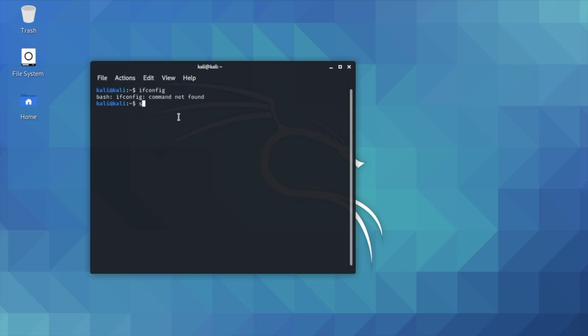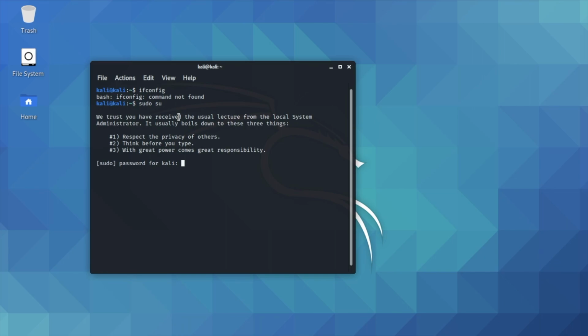I will show you how to change the password for root. Type here sudo su and type the password for Kali. Yeah, so I am root user. Now I will change the password for root. Type here passwd root.